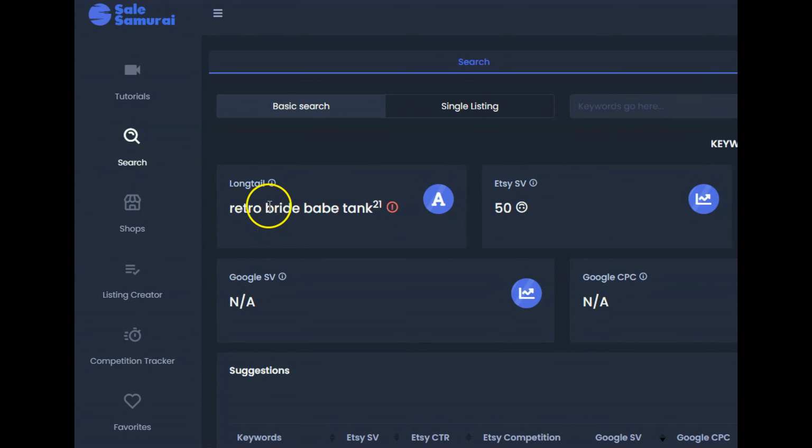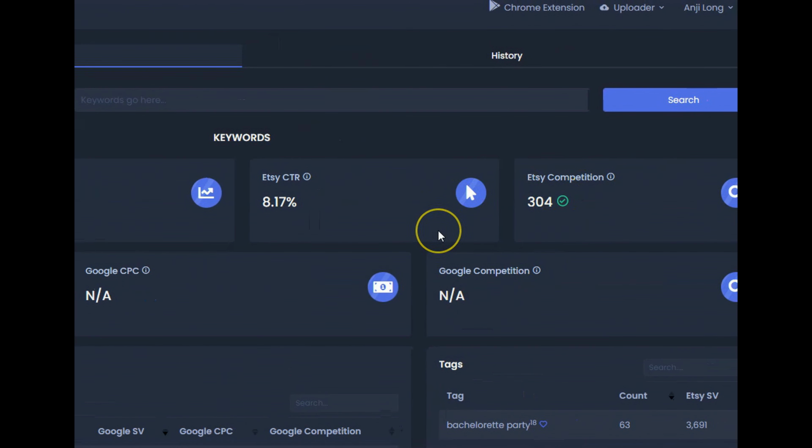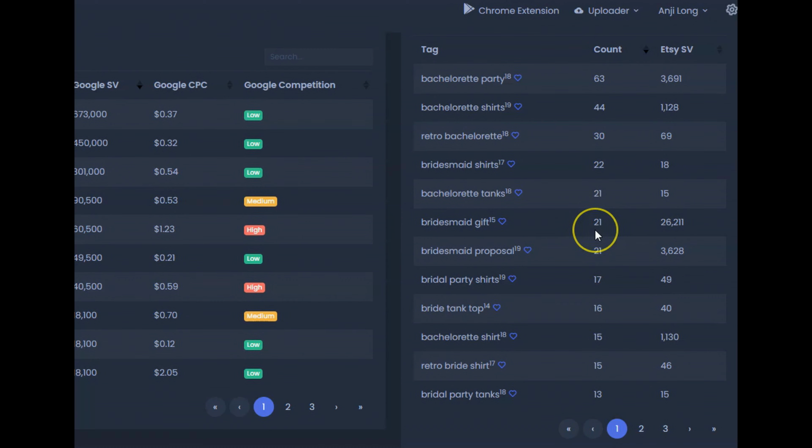So retro Bride Babe tank has a search volume of 50 and an Etsy competition of only 304. And of course, down at the bottom, we can see all the different variations of the top listings on Etsy for this style of tank top or shirt for retro theme bachelorette parties. And over to the right, you have some really good tags to use in your listing,